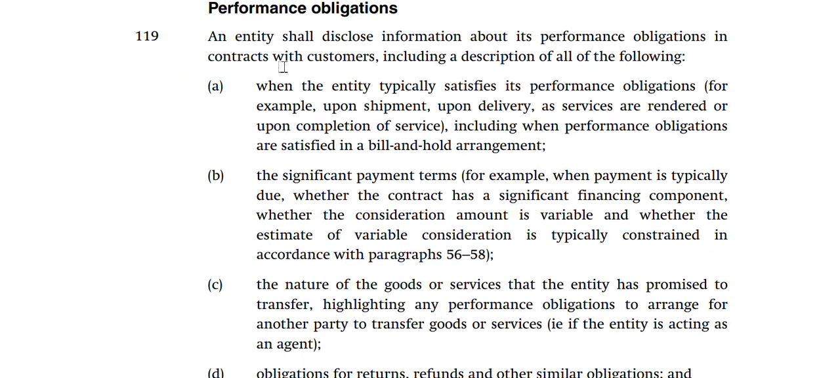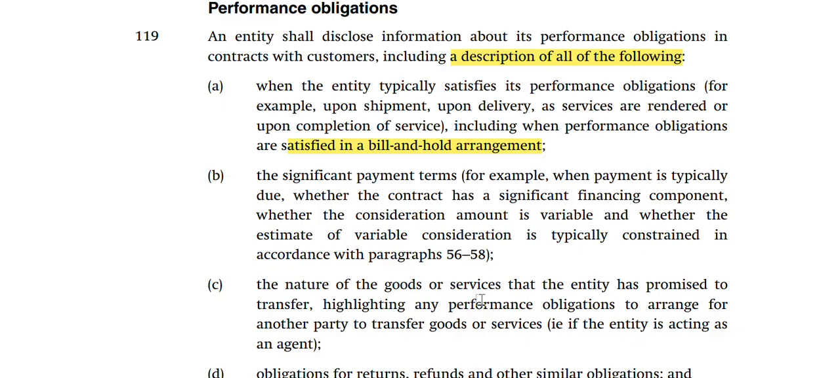Performance obligation. An entity shall disclose information about the performance obligation in contracts with customer, including the description of all the following: when the entity typically satisfies the performance obligation, including when performance obligations are satisfied in a bill and hold arrangement, the significant payment terms,